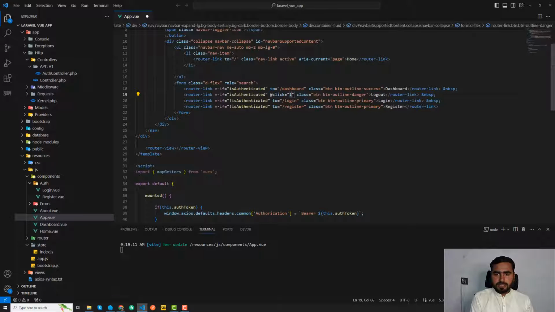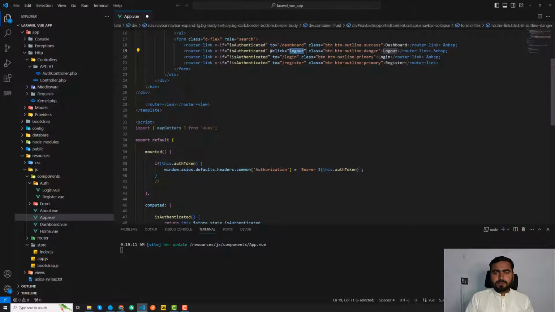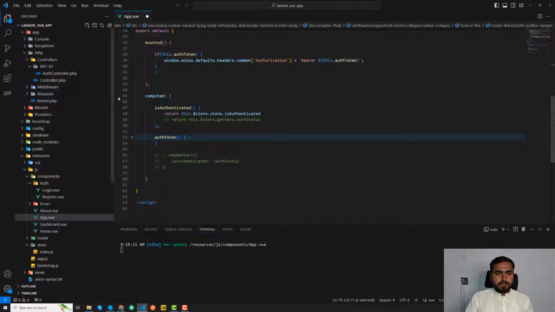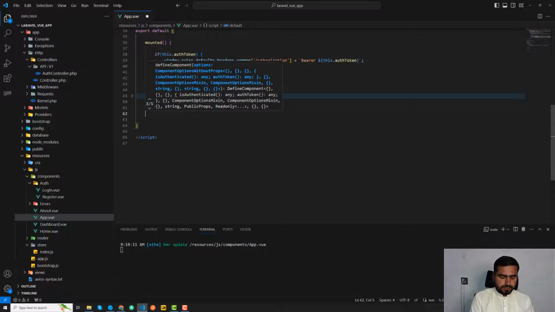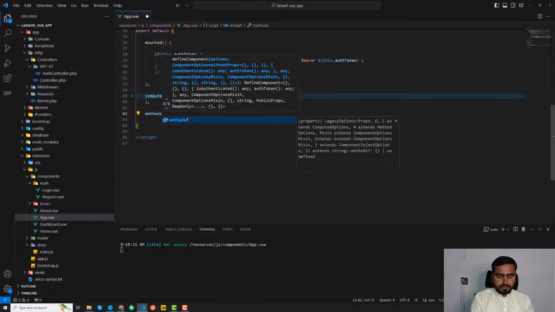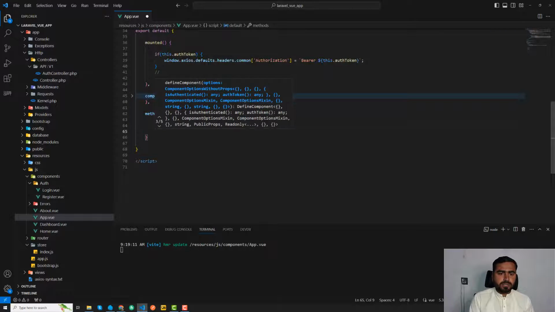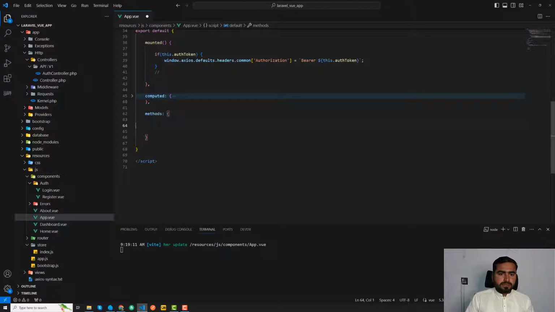Here I say logout. When I hit enter, logout, so now I'm going to create a methods property. After this computed, I'm going to define a methods property, and in the methods I'm going to call a logout method, right? So logout